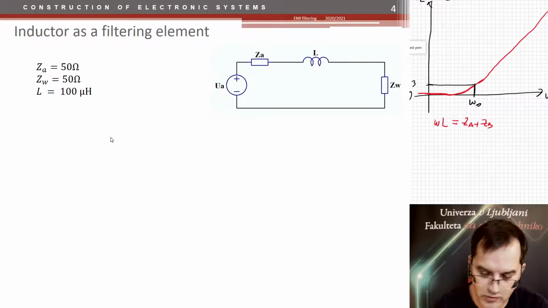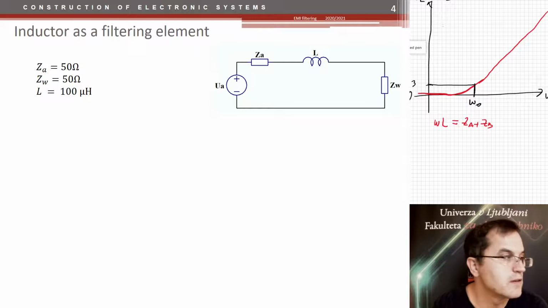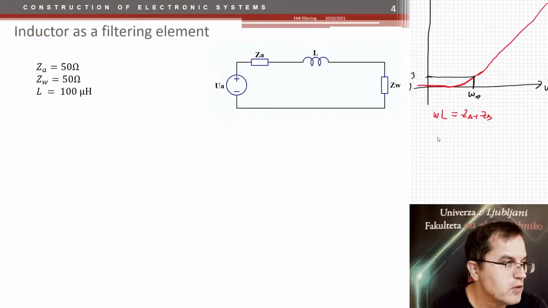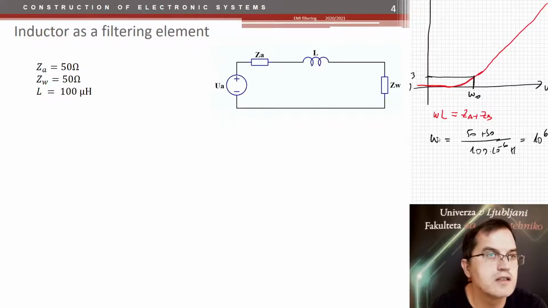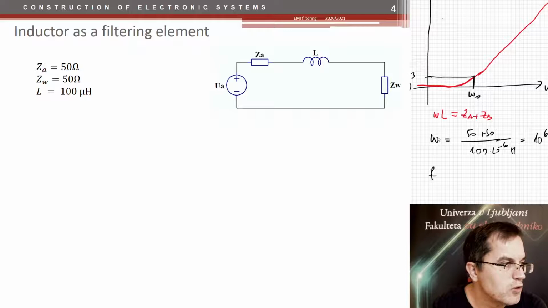And if we want to calculate the corner frequency in this case, it would be 50 plus 50 ohms over 10 to the minus 4 henries, which would be 10 to the 6 hertz, so 10 megahertz, which would give a corner frequency of